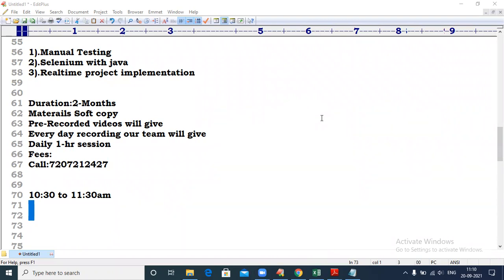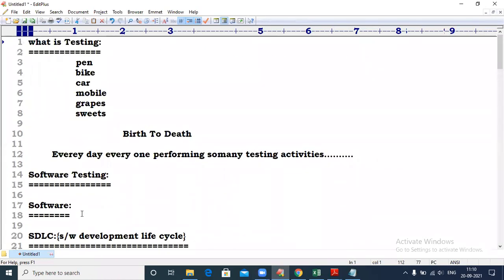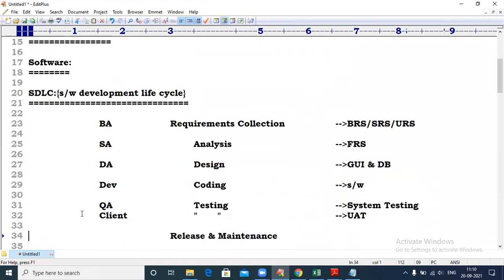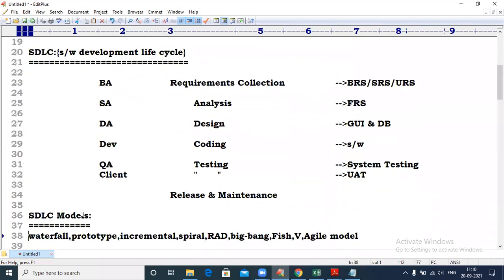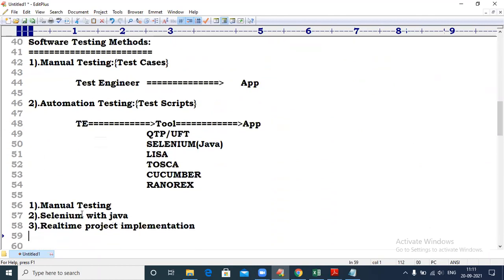Swarupa. Today is just an introduction only. If anybody is missing, don't bother about that. Today I am not telling any subject; tomorrow I will start the subject. Today I covered what is testing, what is software, what is SDLC, the SDLC models, and how many software testing methods there are, only 2 types, manual and automation.